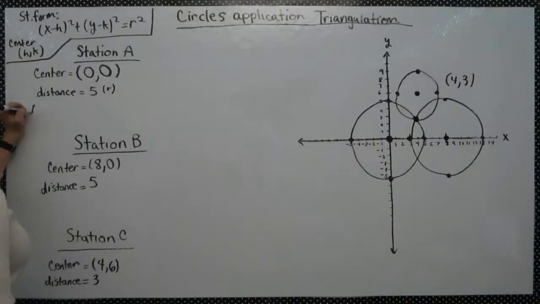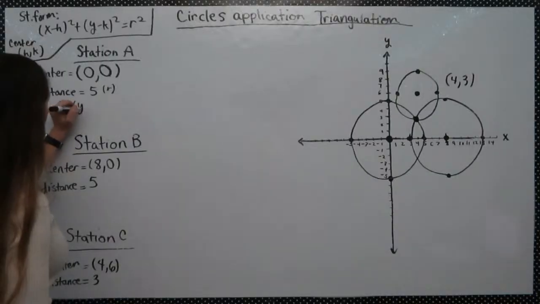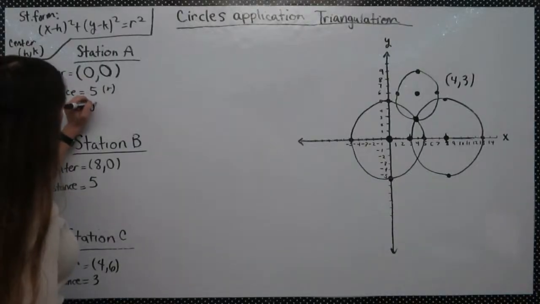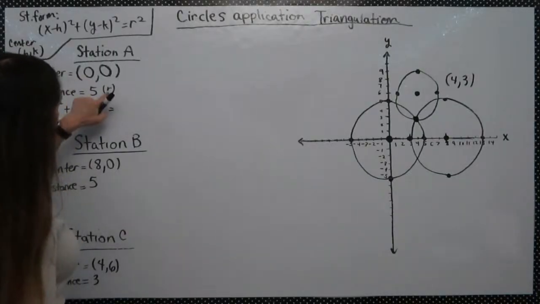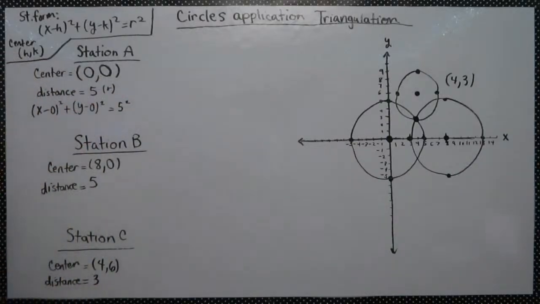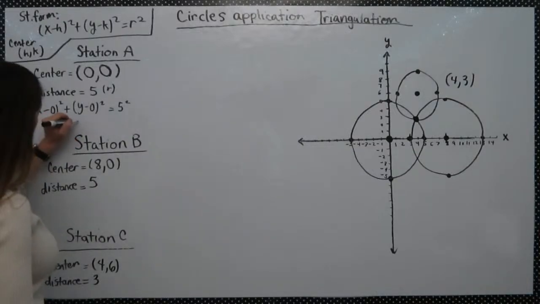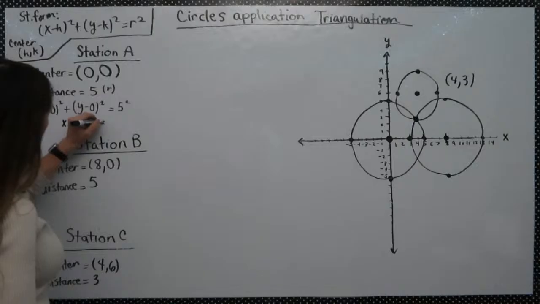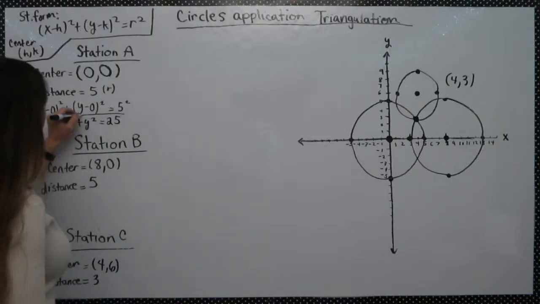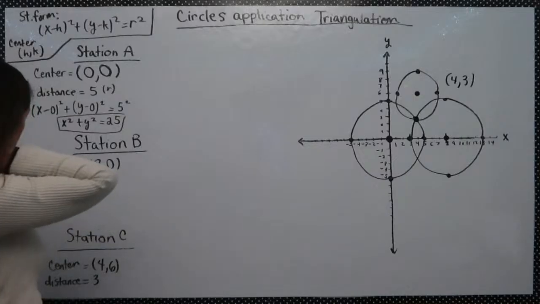So we're going to write our equation. We'll say (x minus 0) squared plus (y minus 0) squared equals r squared. So that's going to be 5 squared. And when you simplify this and expand those parentheses, you just get x squared plus y squared equals 25. And I want to box that because we're going to come over here to the space here and see if we can use it to